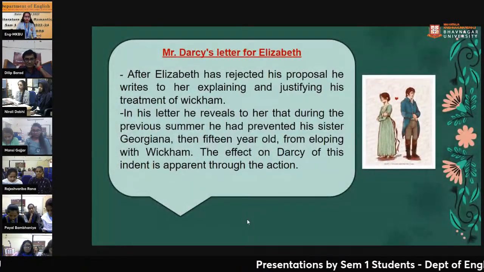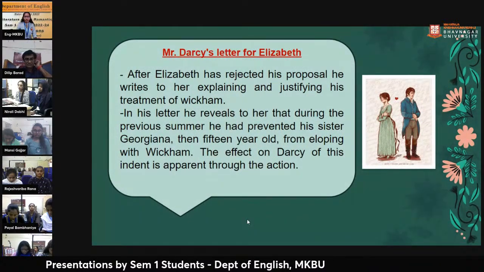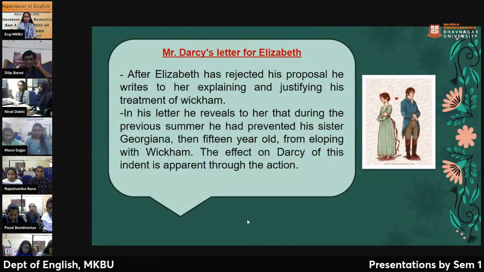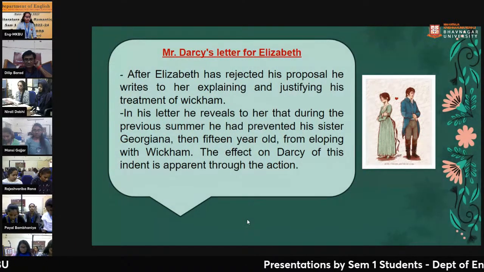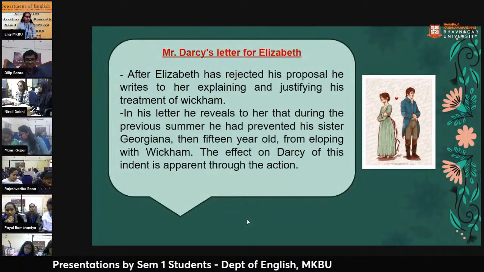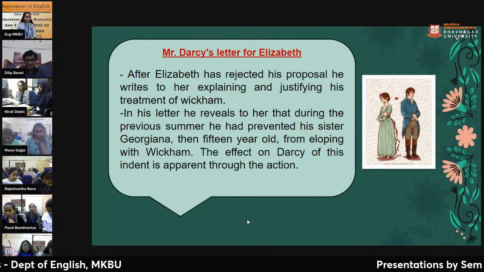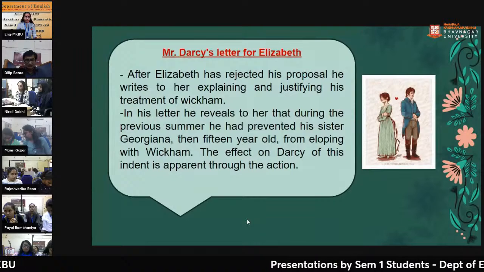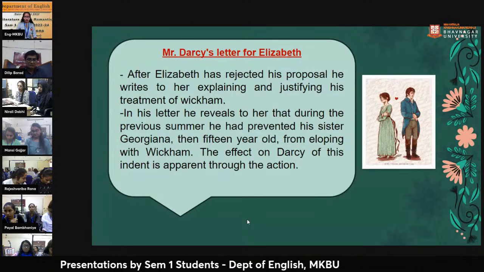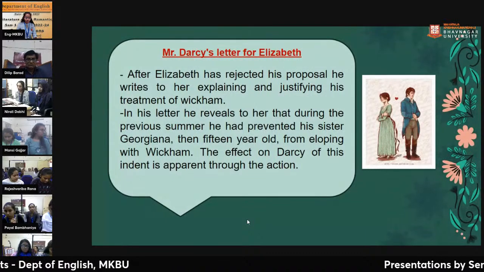Mr. Darcy's letter for Elizabeth. After Elizabeth rejected his proposal, he writes to her explaining and justifying his treatment of Wickham. In his letter, he reveals to her that during the previous summer, he had prevented his sister Georgiana, then 15 years old, from eloping with Wickham. The effect on Darcy of this incident is apparent through the action